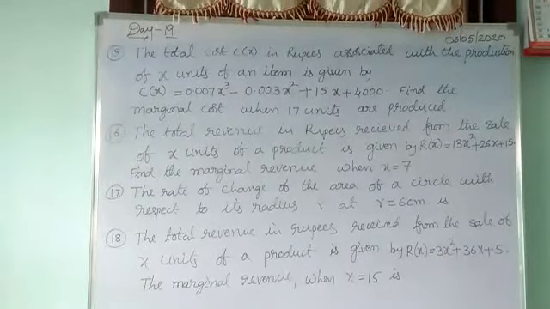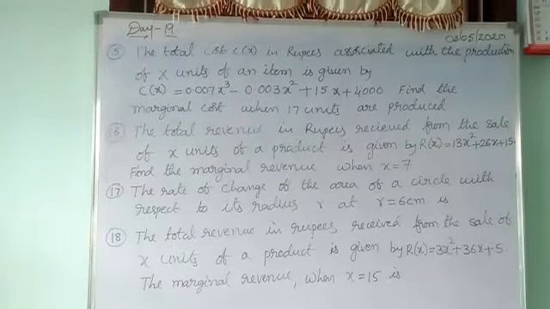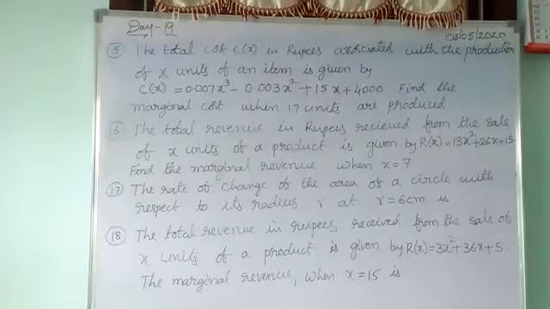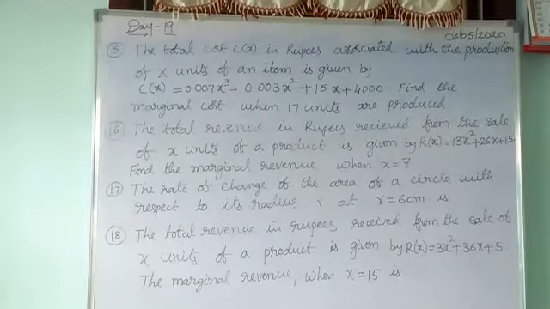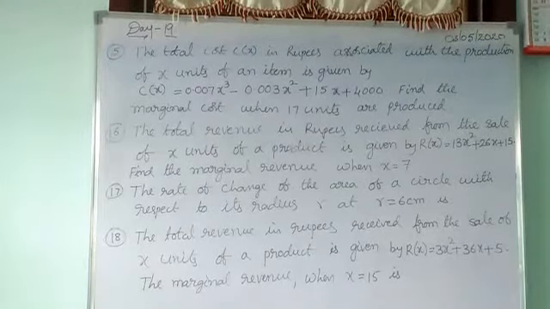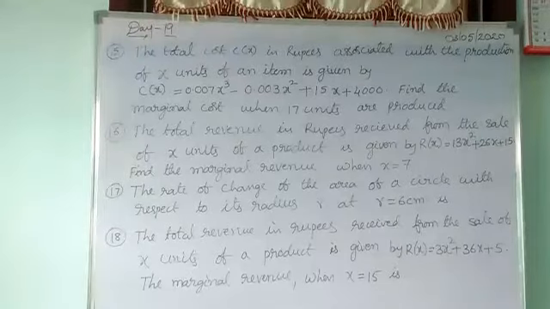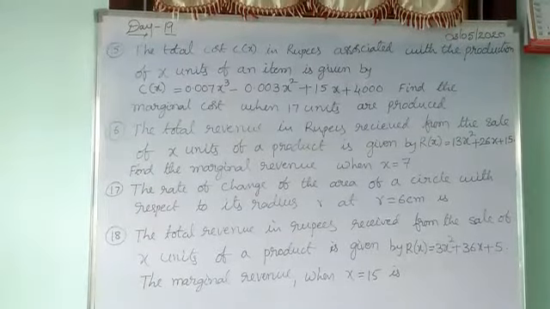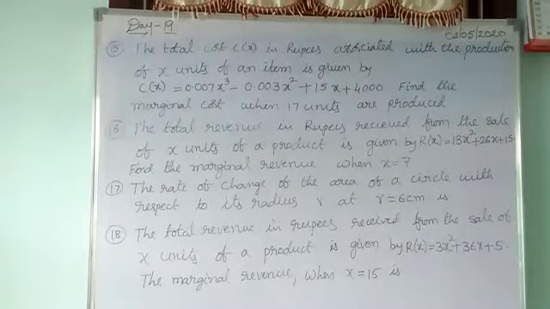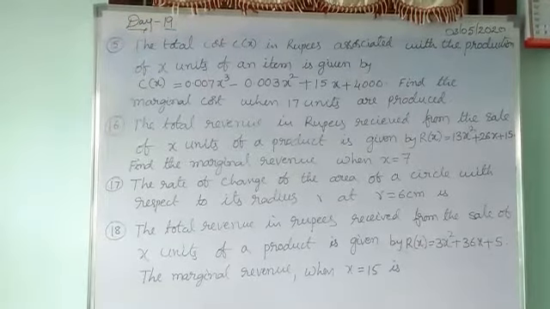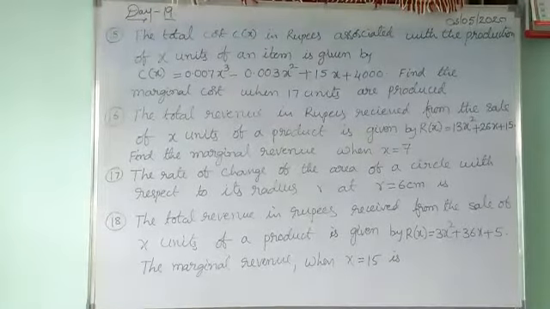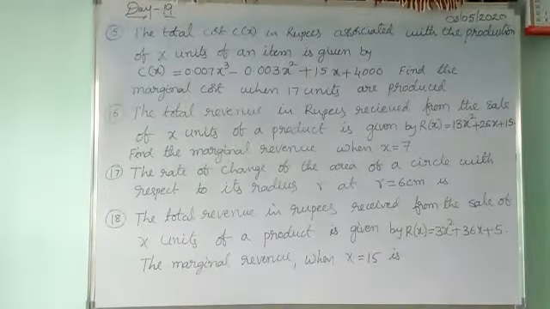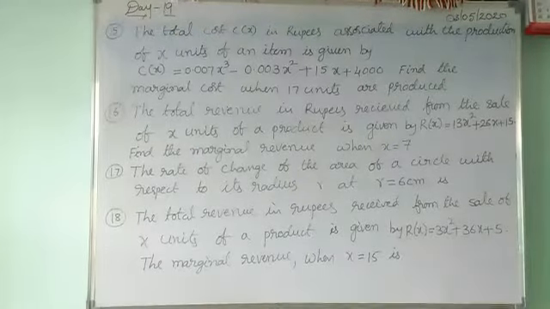If we differentiate total revenue with respect to x, that is, we differentiate the given function with respect to x, the resultant expression is nothing but marginal revenue. If you want the marginal revenue value, in the place of x, substitute 7. This is one of the examples already given as homework in the examples, so I just worked it the same way.